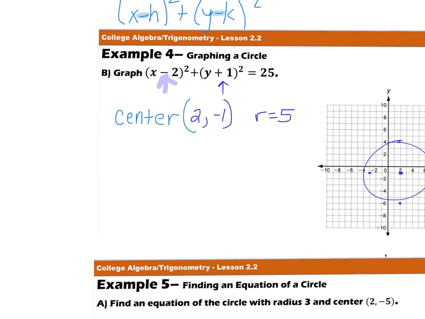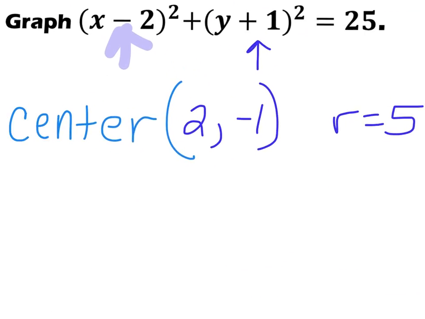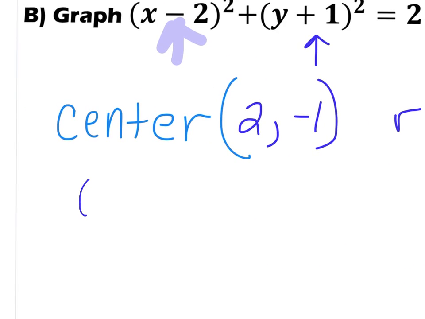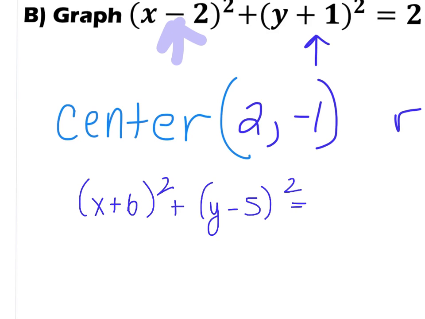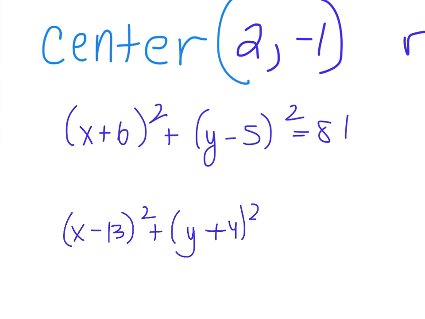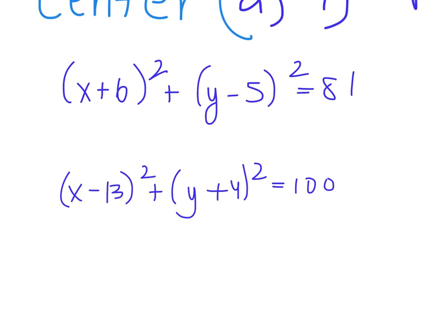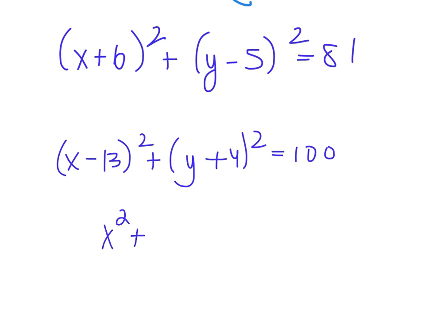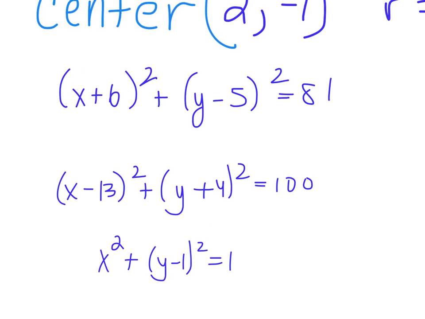Let me give you another example right here. What if I had x plus 6 squared plus y minus 5 squared equals 81? X minus 13 squared plus y plus 4 squared equals 100. X squared plus y minus 1 squared equals 1. All right, for these three,